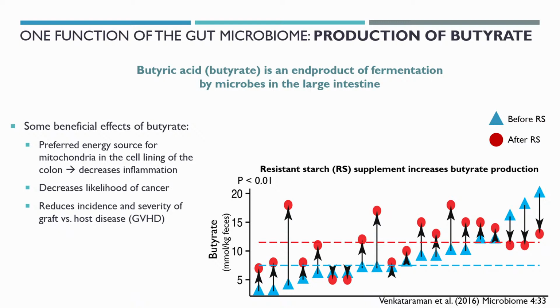But this paper was published in 2016, and it showed that before resistant starch, butyrate levels were lower for most of the individuals. Some of them had no change, some of them really had a decrease, so it's not the same for everyone. And if we go back to the things that can influence our microbiota,